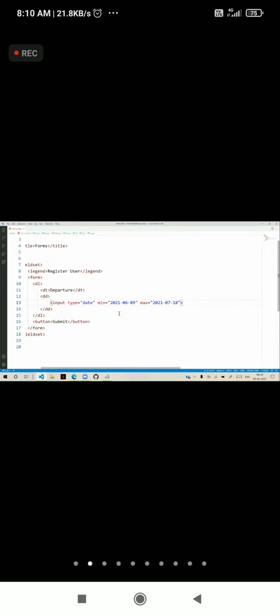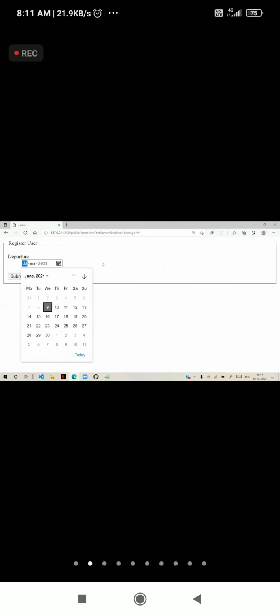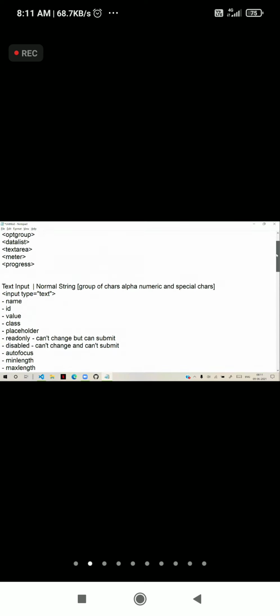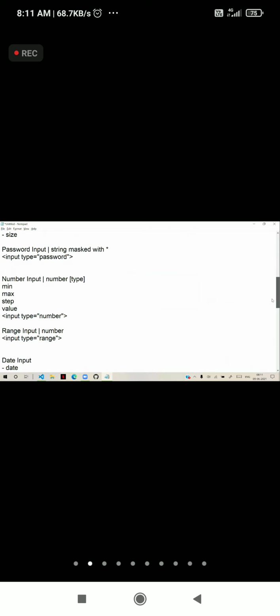So date allows you to select the date and you can restrict the date with minimum and maximum. Any specific date you can configure. That is for handling the dates. If you want anything else, then you can do that by using third-party jQuery or JavaScript date controls. By using them, you can manage. This is basically how we can manage input dates. So we have seen input text, input password, input number, input range, input date.